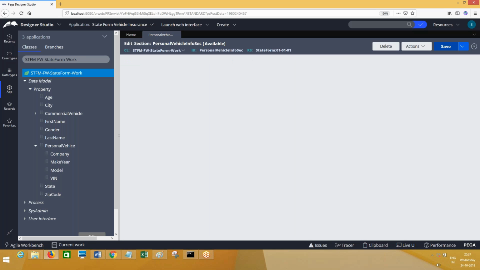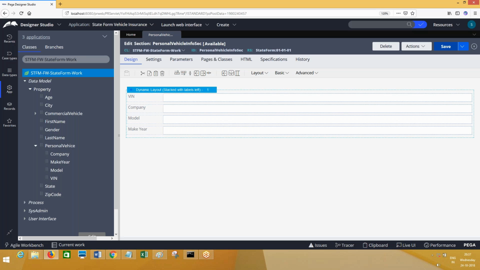This is how you can create a user interface using page properties. Similarly, can I create another section for commercial vehicle properties? We will do it whenever we come across commercial vehicle. Okay, this is clear, everyone. Simply what we have done previously, same we have done, creating UI only, but previously single value properties. This is page properties. Okay, so let's proceed now, and further we'll work on extension of the requirement.